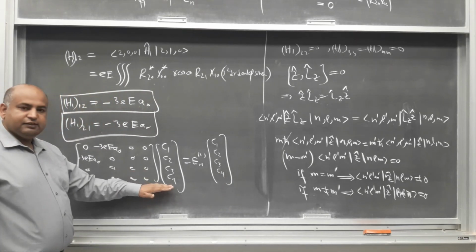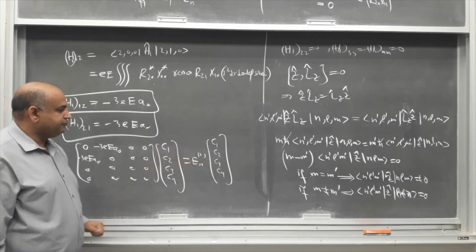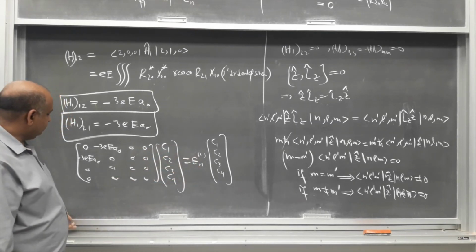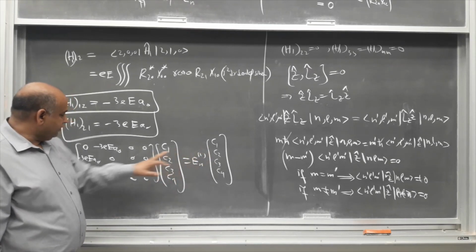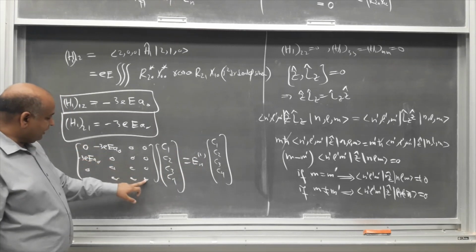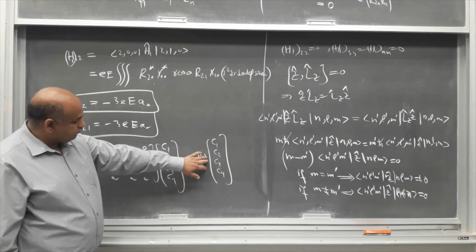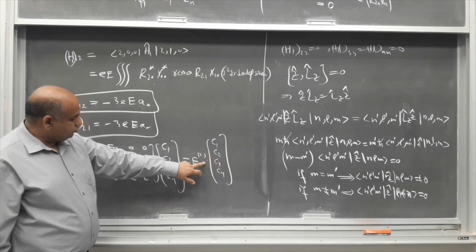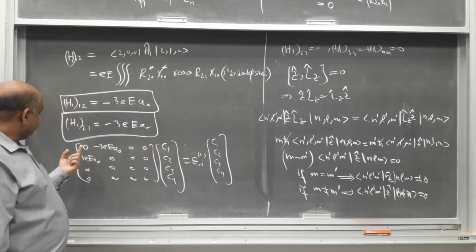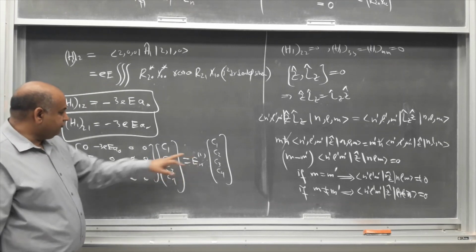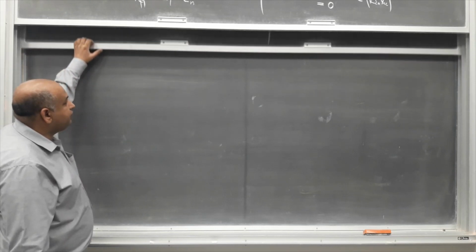So this is the matrix that we have to solve to find C1, C2, C3, C4 and En1. Okay, so this means, let me bring this thing on this side, which means that this En1 would be subtracted from these diagonal elements, because we can imagine that this is En1 into the 4 by 4 identity matrix. The identity matrix has 1, 1, 1, 1 on the diagonal, and if you bring it on this side, this En1 will be subtracted from the diagonal entries, and our system of equations becomes